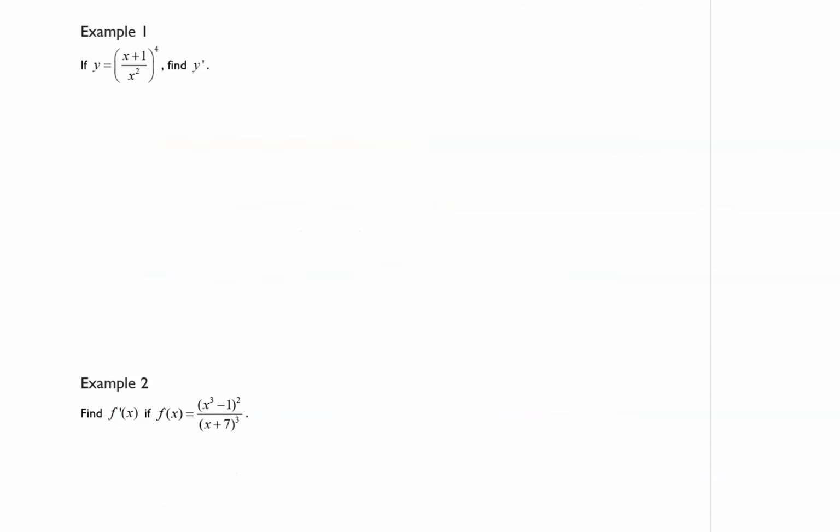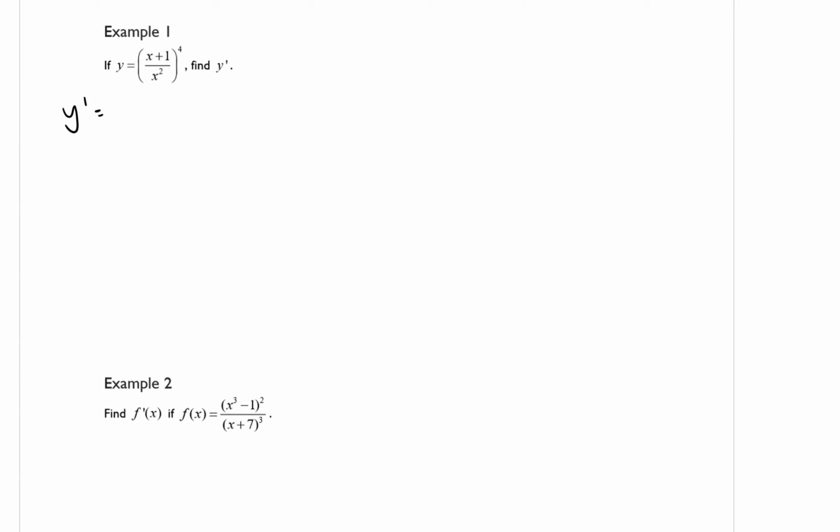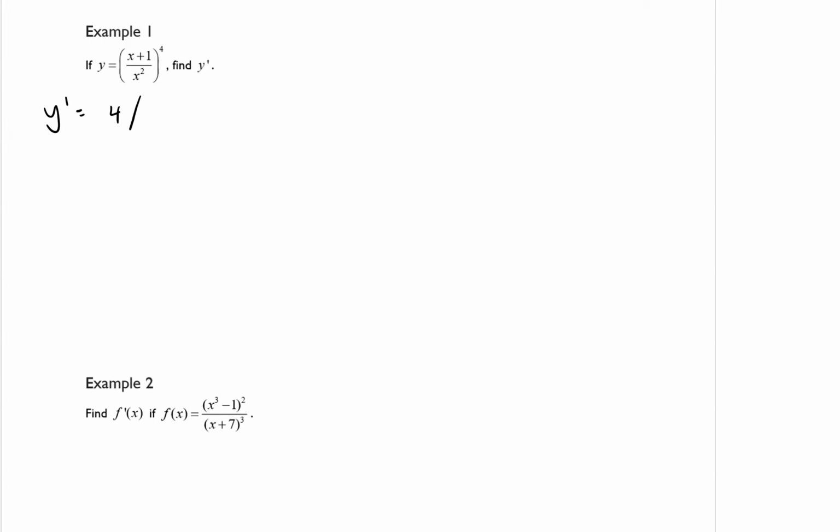Example 1 says, if y equals the quantity (x plus 1) over x squared to the fourth power, find y prime. So the first thing that we want to do is use the power rule. So we have 4 times (x plus 1) over x squared to the third power, and then we need to multiply by the derivative of the function on the inside because of chain rule, and in order to take the derivative of the inside function, we need to use the